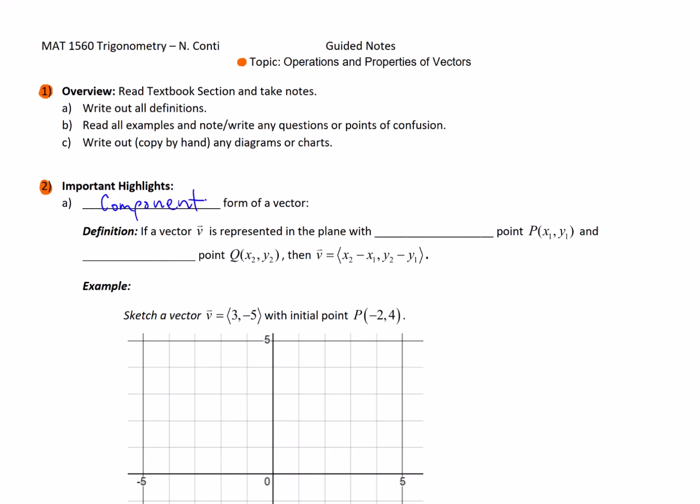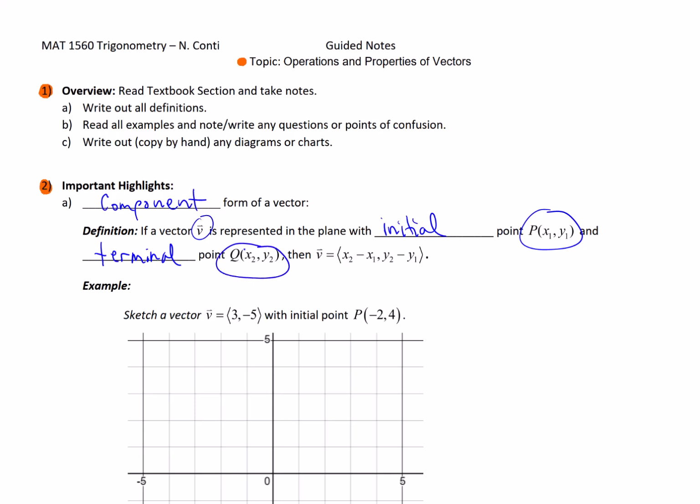Component form of a vector is defined as follows. If a vector v is represented in the plane with initial point P, defined by coordinates x1, y1, just in the coordinate plane, and terminal point Q, defined by coordinates x2, y2, then vector v in component form can be defined as, first of all,